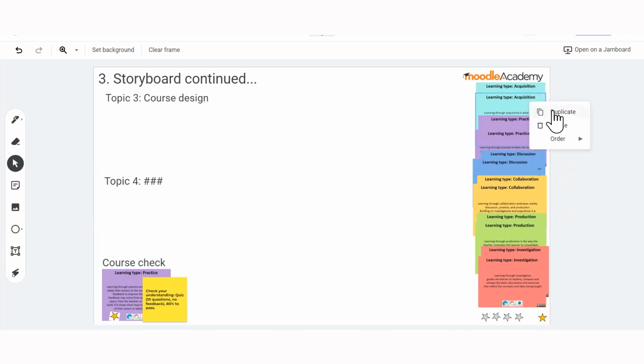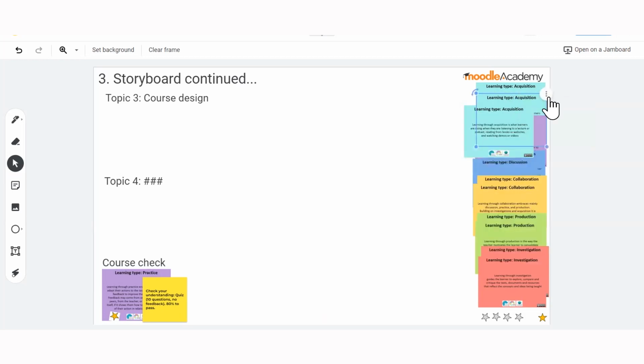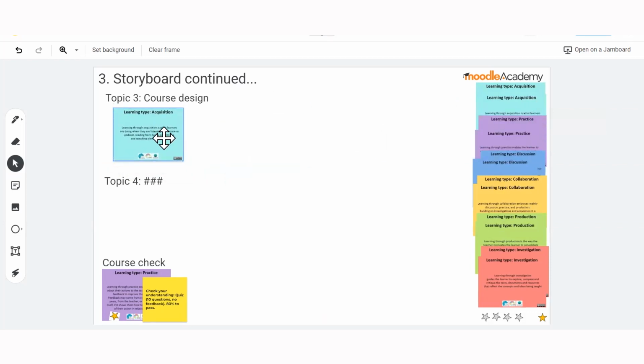I can duplicate these cards. So you right click or you click on the 3 dots and choose duplicate. And then once I've duplicated that, that appears on top of the pile and I can drag it onto my design. So I've got some acquisition because it's a book or multiple pages of content,